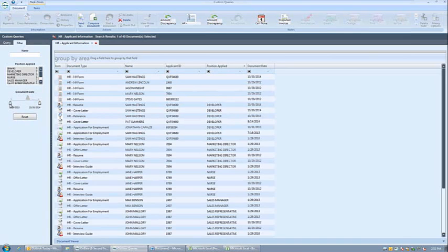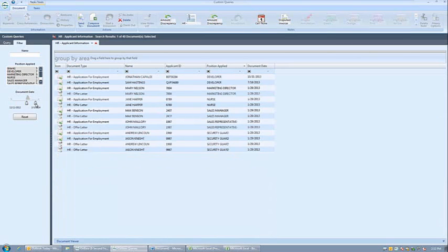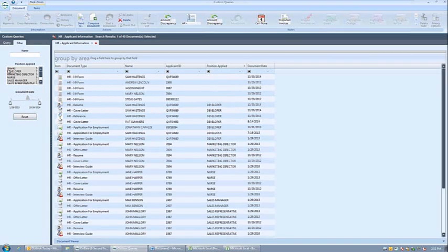And then finally we have our pinch filter feature, which represents the distribution of documents between two values. It gets its name because as we pinch those two little thumbs closer together and farther apart, our date range, actually our list, filters or expands based on the value. So lots of different ways to customize and filter a list of documents